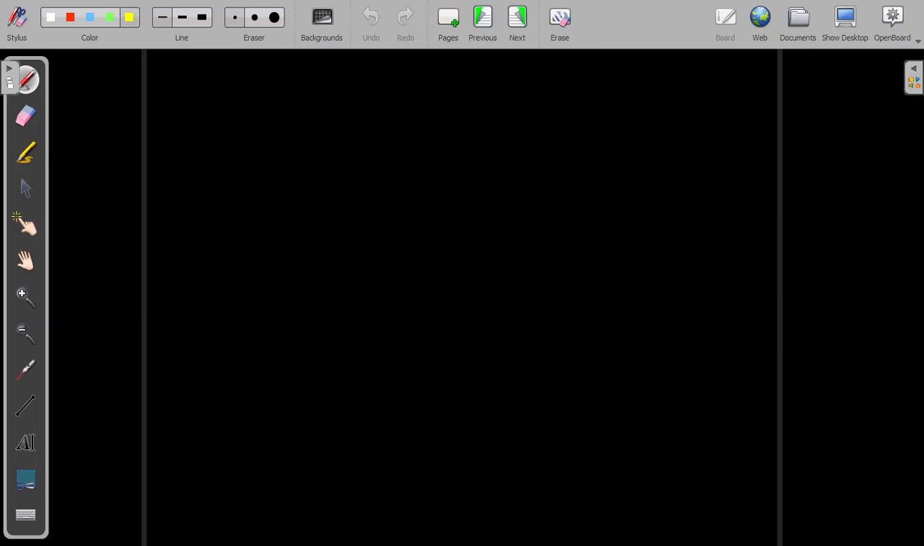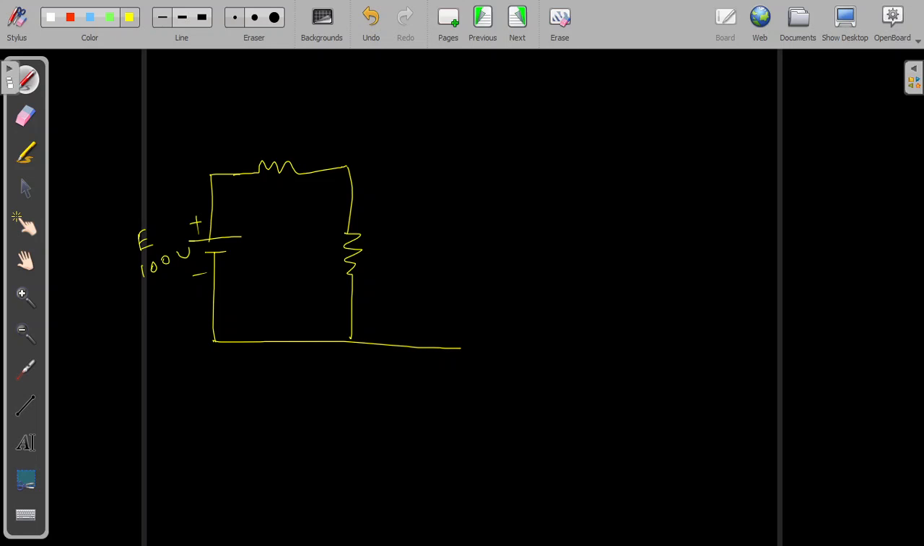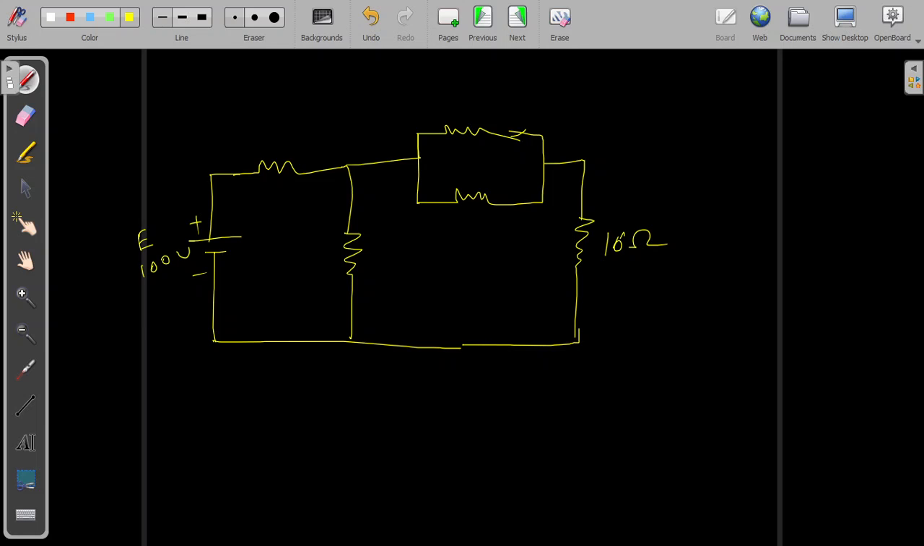So this is my problem. Plus minus 100 volt E. This is my 16 ohm, this 5 ohm, 20 ohm, 5 ohm, this 20 ohm, 20 ohm, 10 ohm, and I have this current flowing through 10 ohm